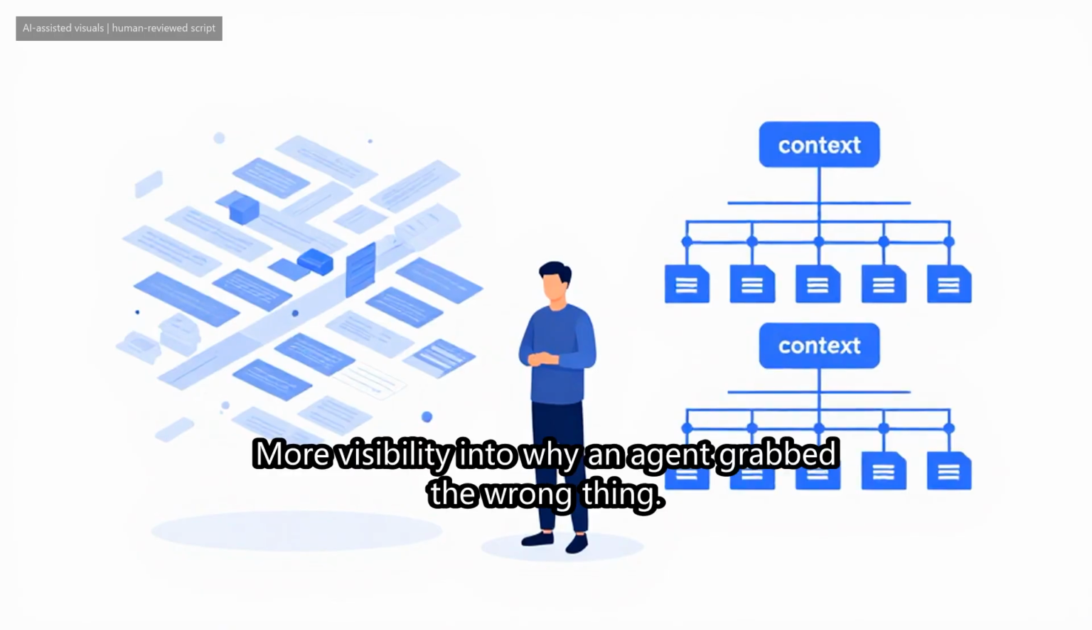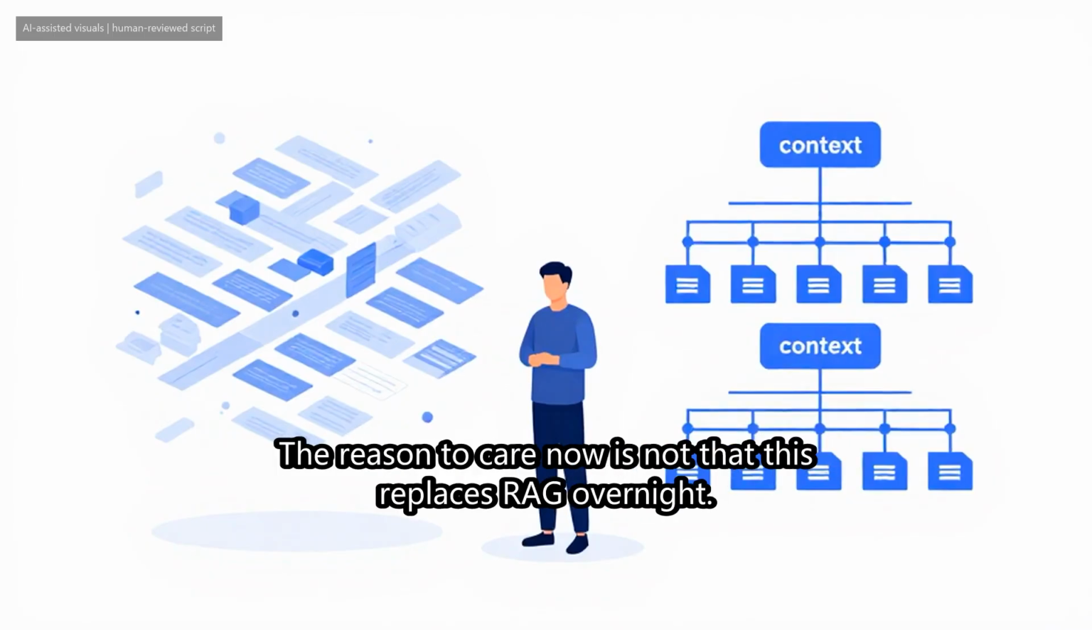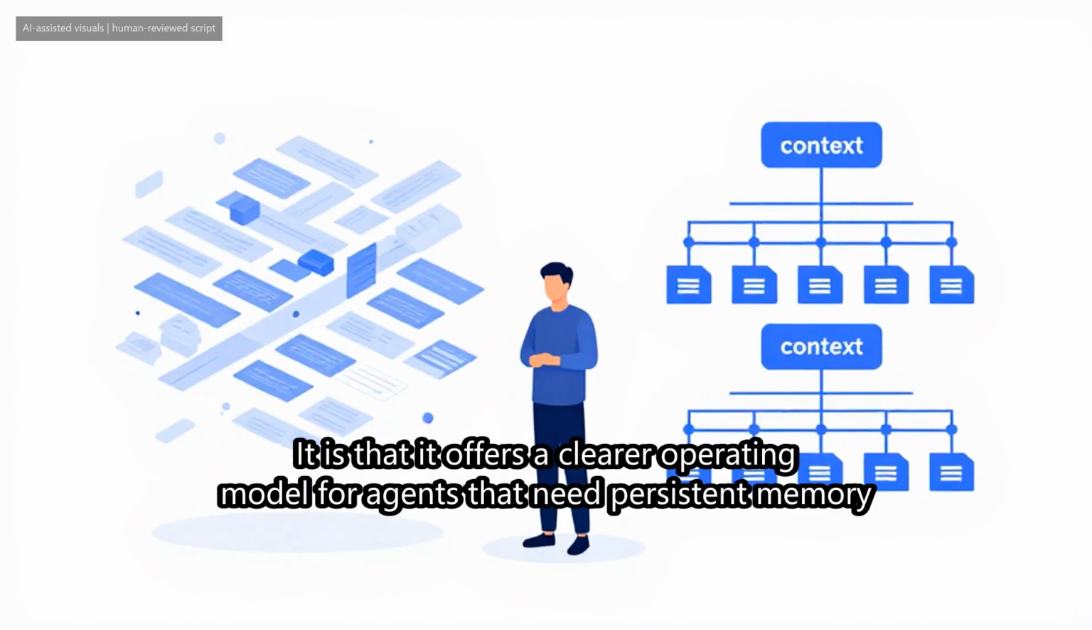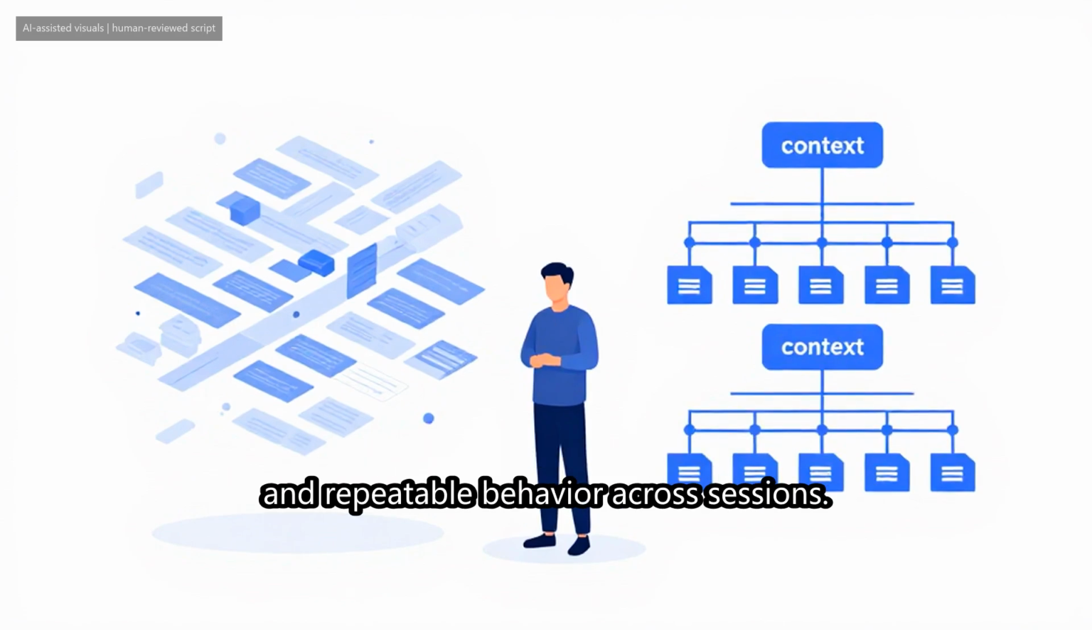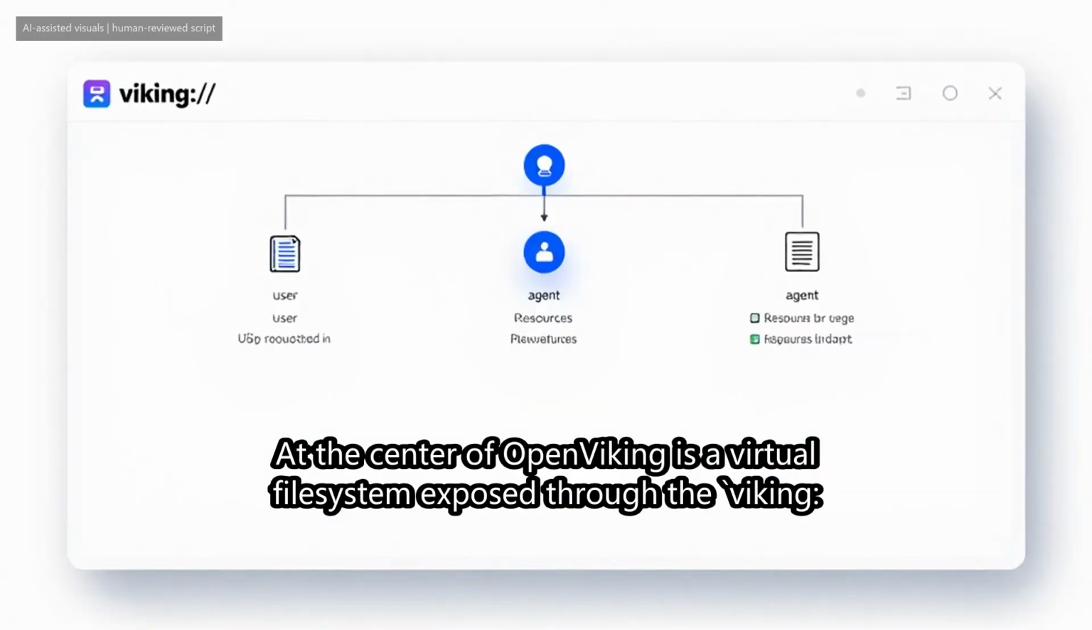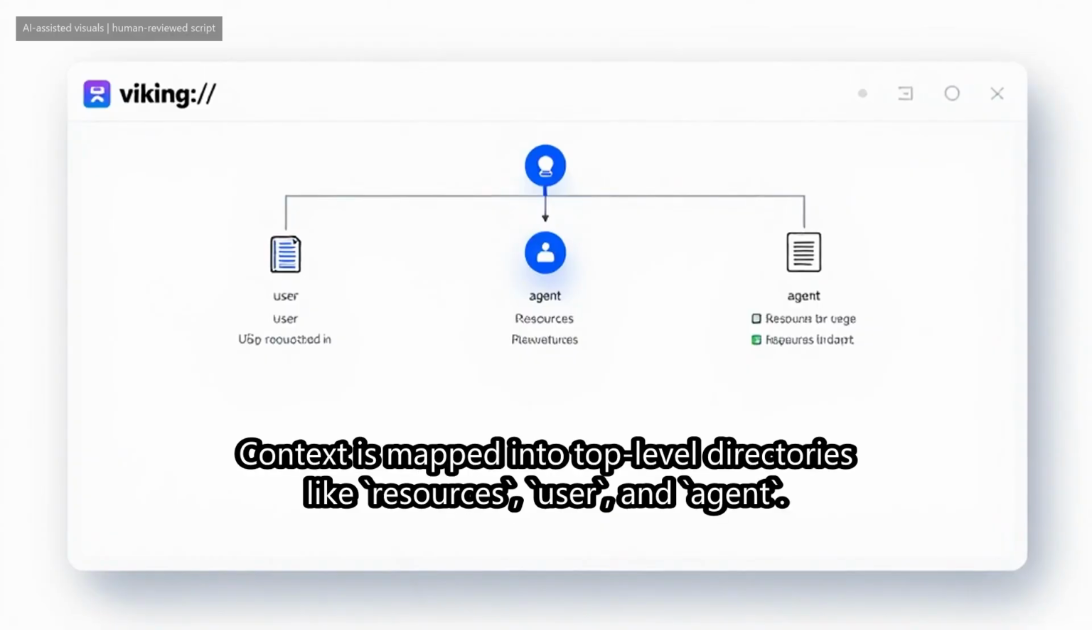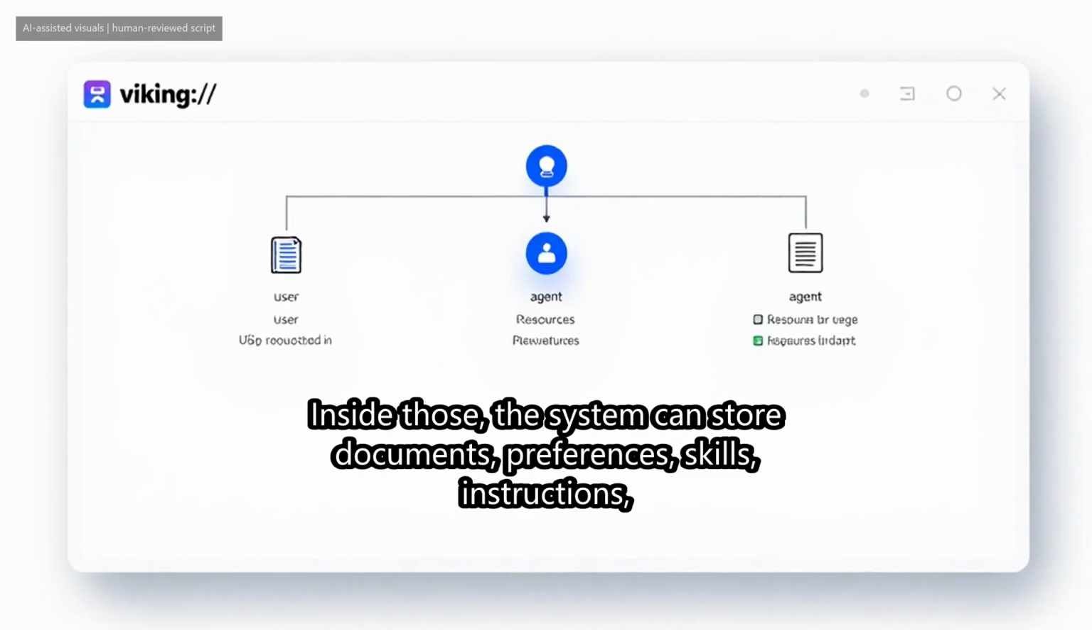The reason to care now is not that this replaces our RAG overnight. It is that it offers a clear operating model for agents that need persistent memory and repeatable behavior across sessions. At the center of OpenViking is a virtual file system exposed through the Viking protocol. Context is mapped into top-level directories like resources, user, and agent. Inside those, the system can store documents, preferences, skills,